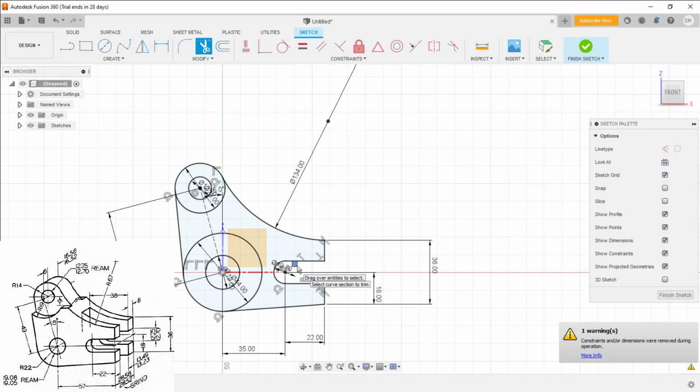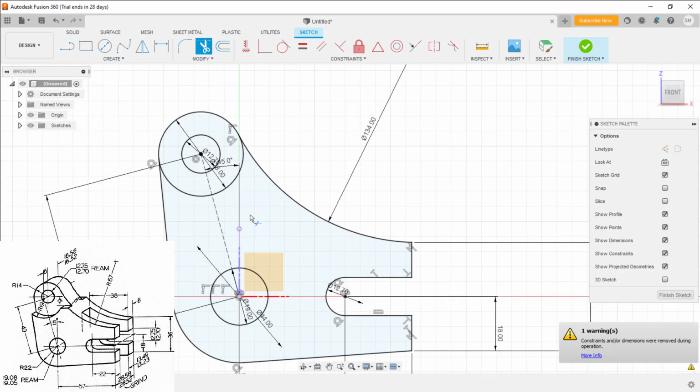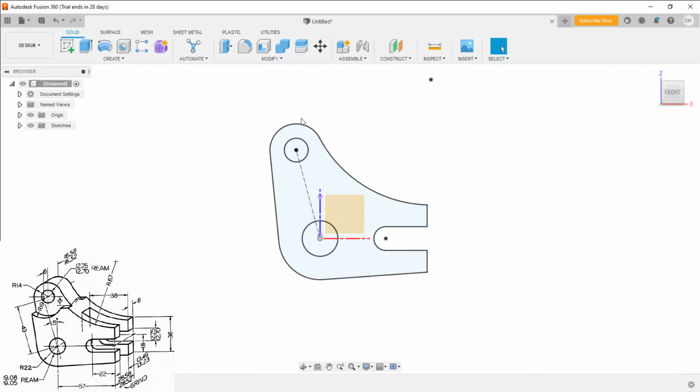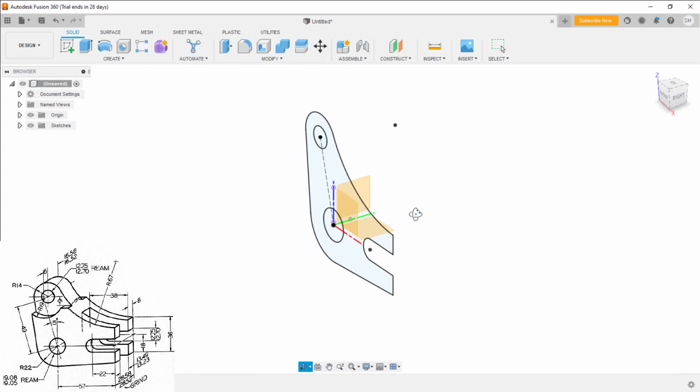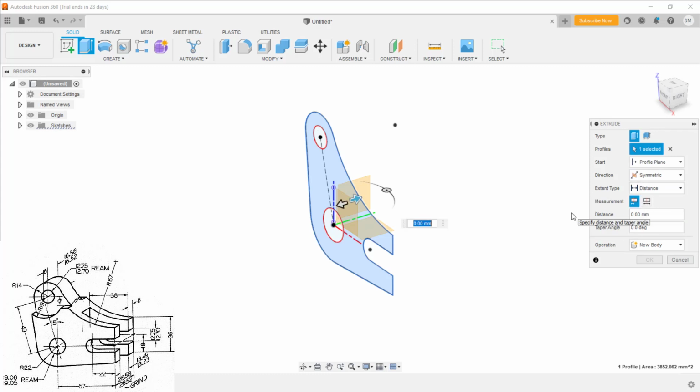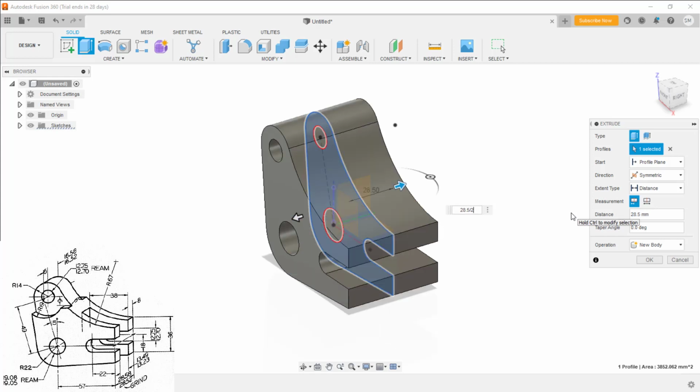Yep, if you want to toggle the radius, you can do it. You can trim unwanted things here, even the top circle as well. If you want, you can keep that. Yeah, so now the diameters wherever they are, I need to toggle them to radius. Right click and toggle it if you want. Okay, just select the area, right click, pull. Yeah, symmetry, the dimension is given as 28.5, divided by 2 will be the value. Okay,